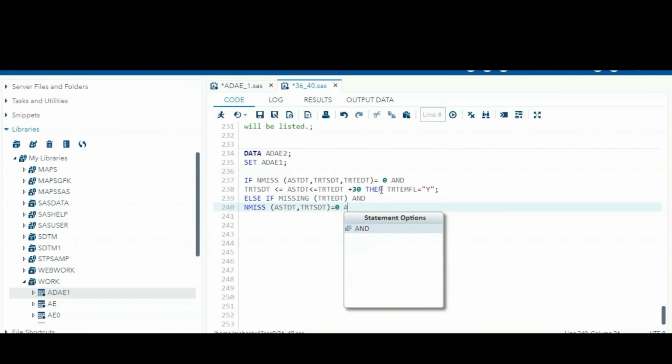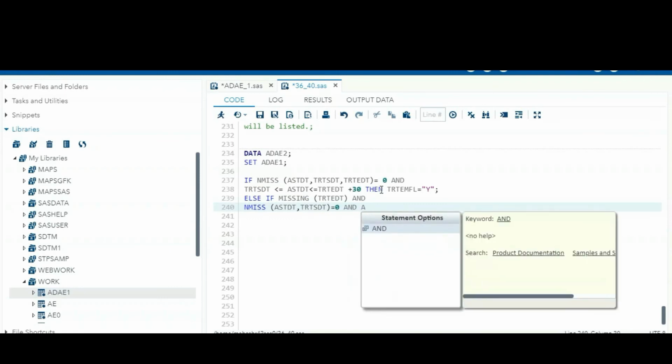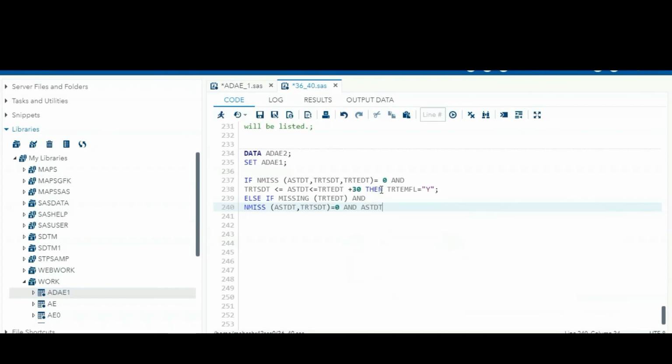Okay, and this treatment start date greater than or equal to, means the adverse event start date greater than or equal to this treatment start date. Then also we can consider the TRTEMFL equal to 1.